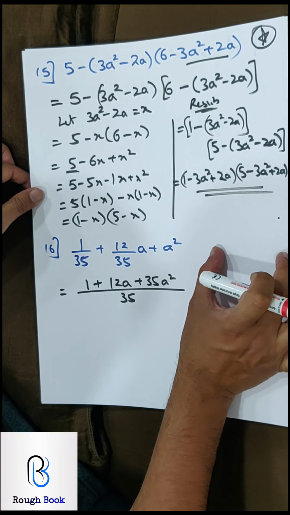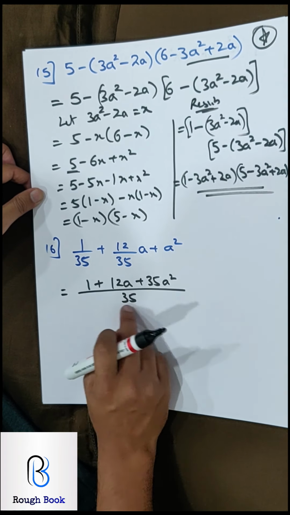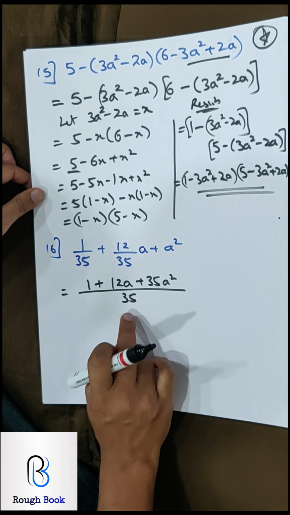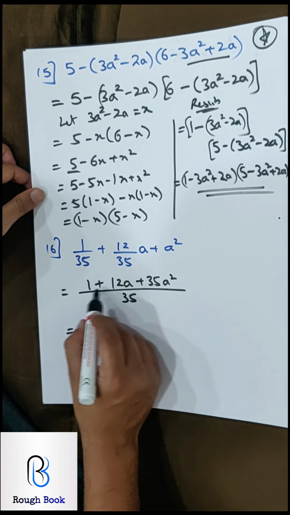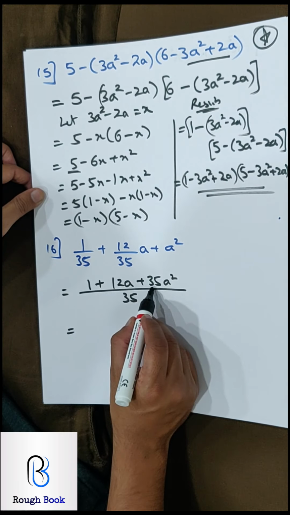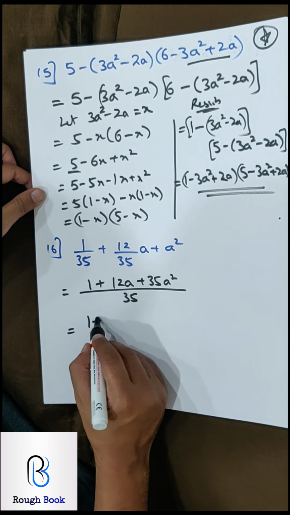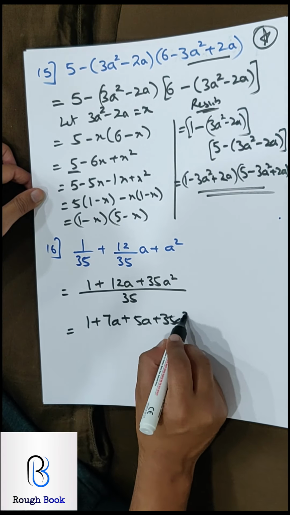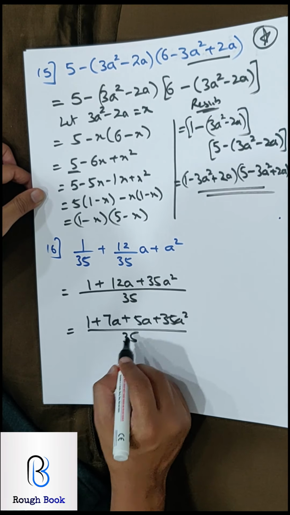There is no RHS. When there is RHS, then this gets cancelled and you don't need to write here. But when you apply it only to one side, you have to write upon. Please don't mess that up. Now for this, 1 into 35. So 5 into 7. 7 and 5 will give me 12 as well. Great. So first the bigger number, then the smaller number, and then let's go ahead.